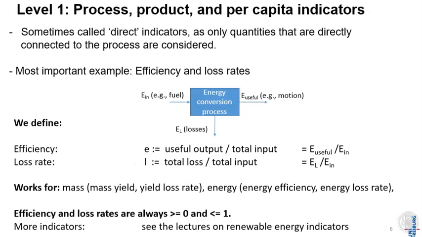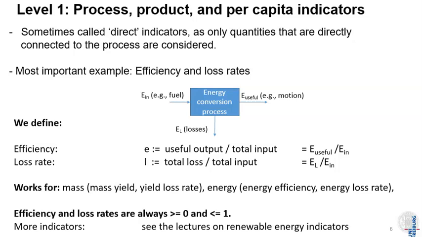At the process levels, things are rather simple. We can have this individual process, for example, a random energy conversion process. We have an input energy, we have a useful output, and we have losses. So we would, for such processes or product, define simple efficiency indicators, material efficiency or energy efficiency, of course,